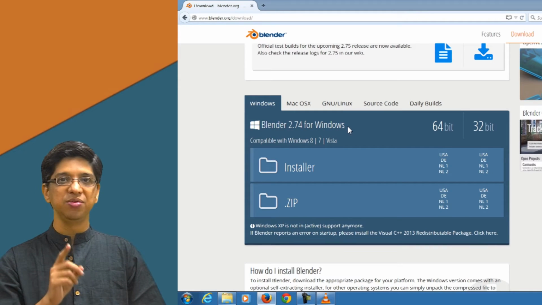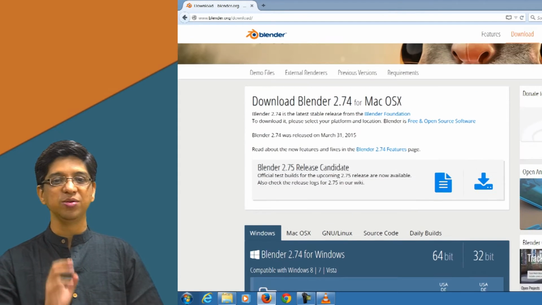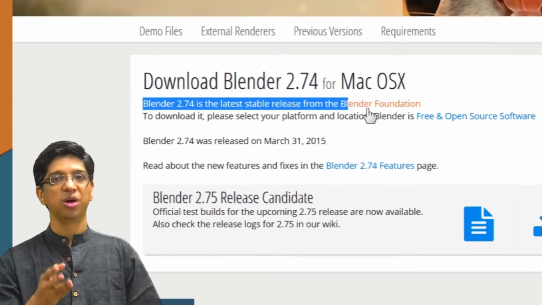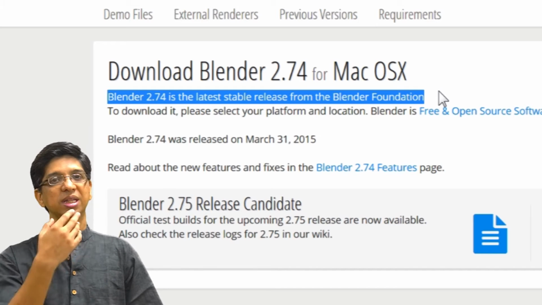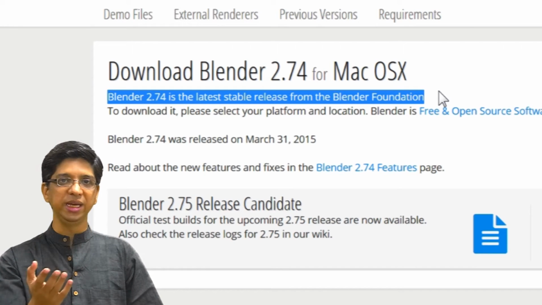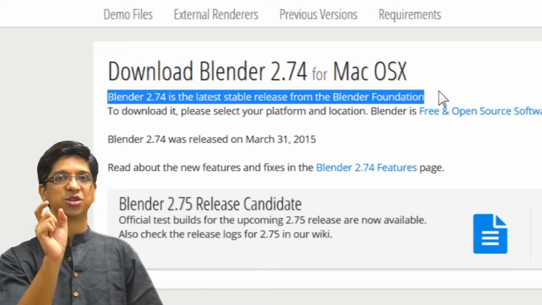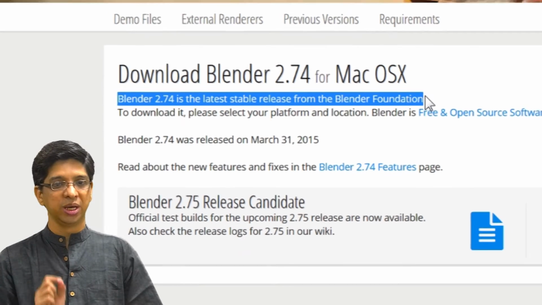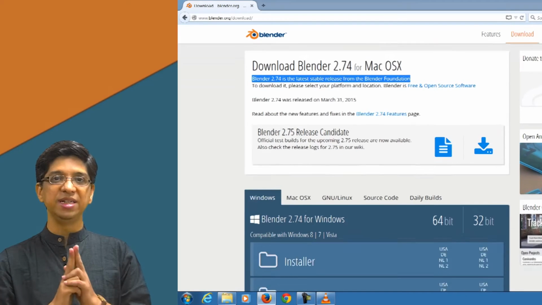This is the version which is the stable release right now, and that is why we are using it to show you. It may so happen that whenever you install, probably a couple of months down the line or a year later also, there will be some other version. Don't worry, just look out for the name which has the stable word associated with it. Only then download that version. Okay, so you have two variants here.